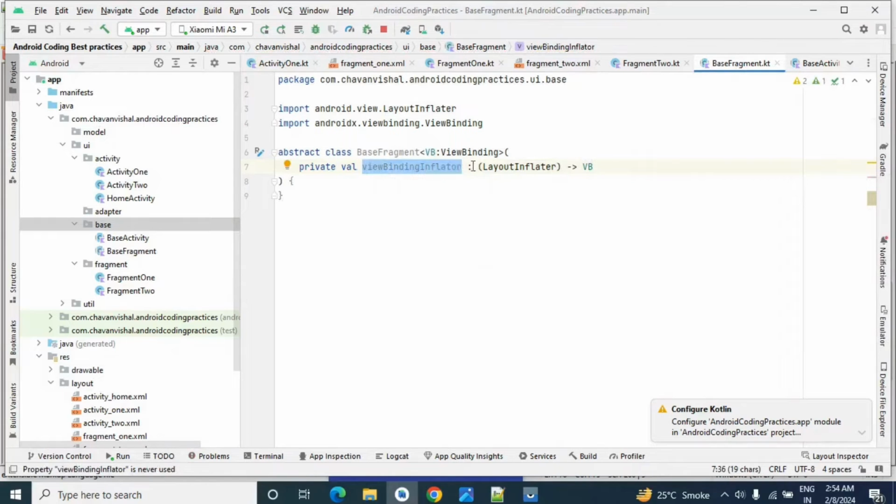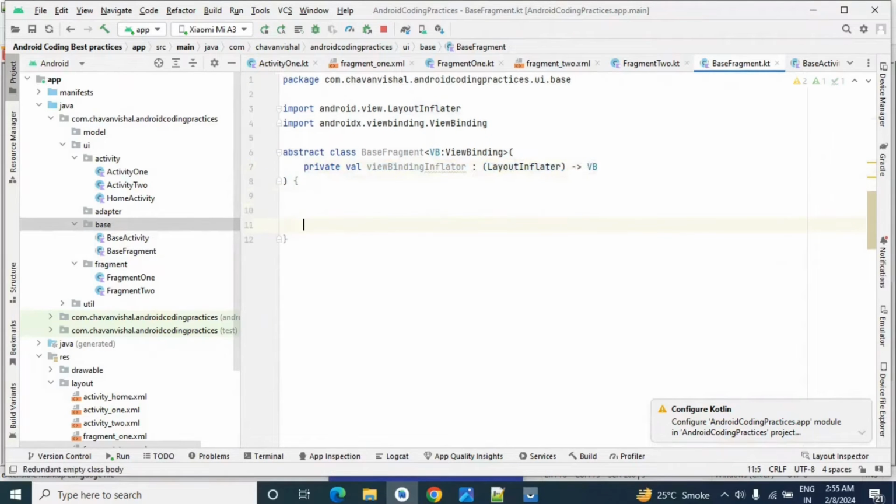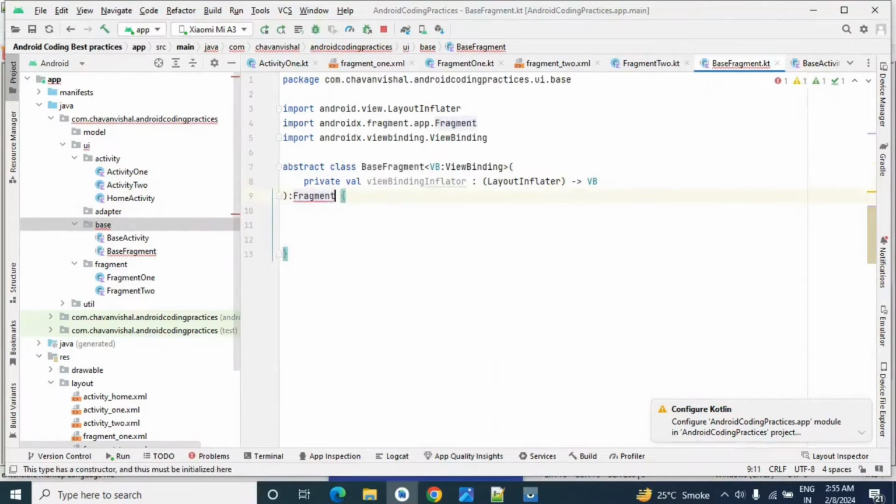So this is a lambda expression, this is a variable, this is the data type we have taken as layout inflator, and its return type is VB. And this is extending our fragment.